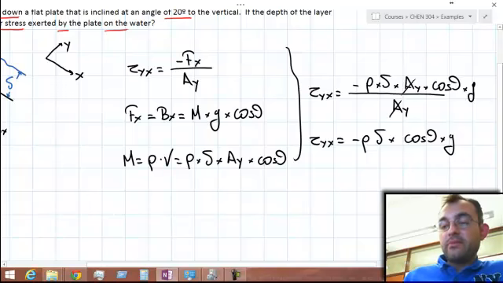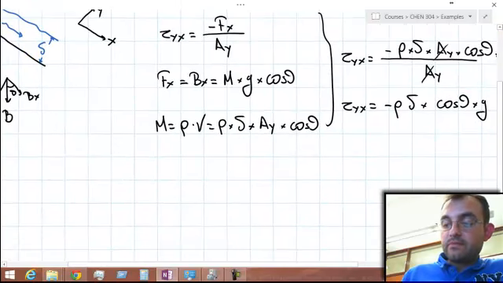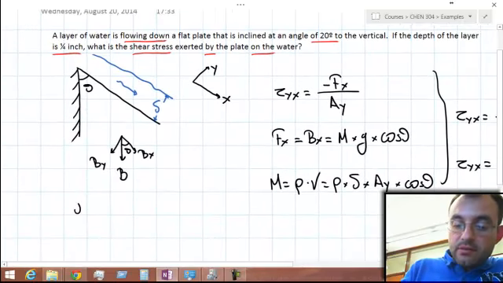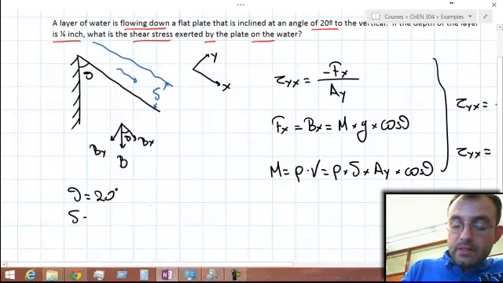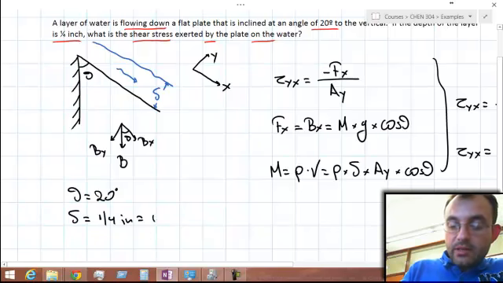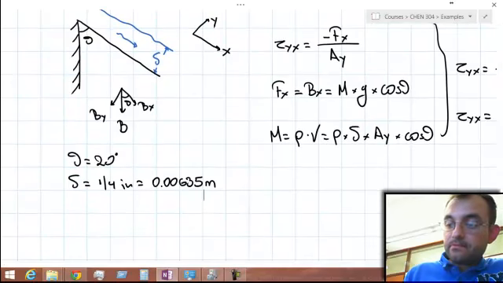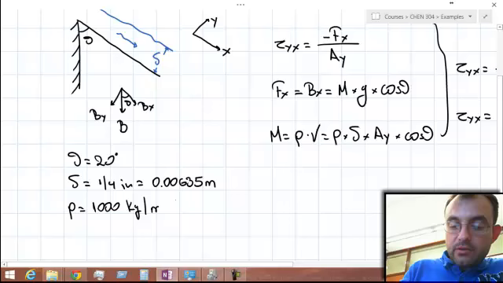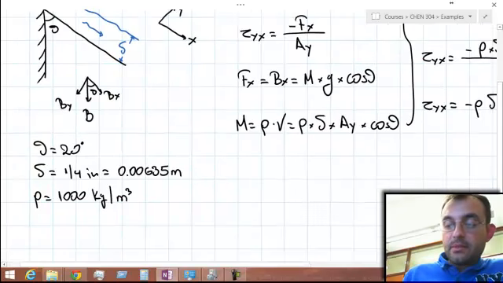Now if I replace the known values, which in this case are theta, the angle, delta, the depth, a quarter of an inch, and I convert it to the SI system, and of course the density equals 1000 kilos over cubic meter. Then substituting the values,